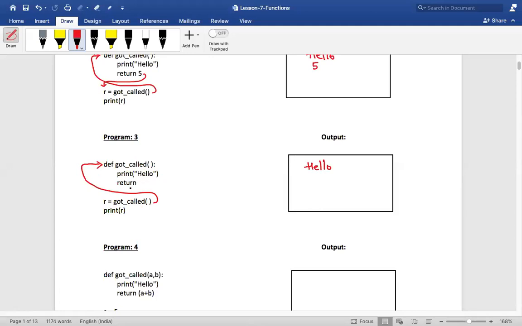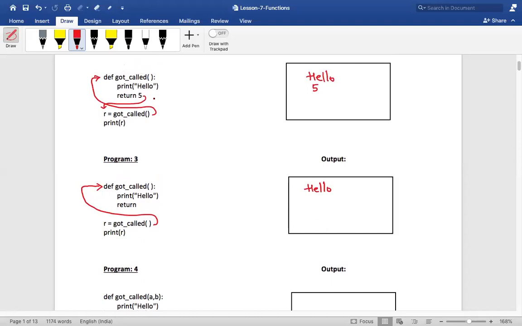Okay, what does return do? Rajesh is asking to explain return once again. Rajesh, listen to me carefully. When you use a return statement, the control returns to the place where it actually got called, right? It got called in the main context. The called function finished its operation, and the control will come back. While coming back, it is carrying a value 5, which will be collected in R. Then I print it over here.